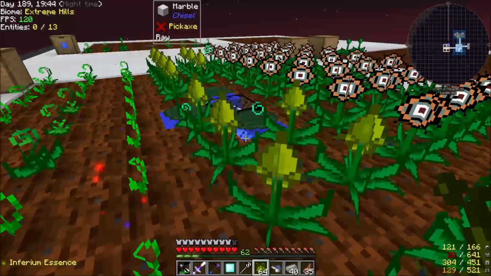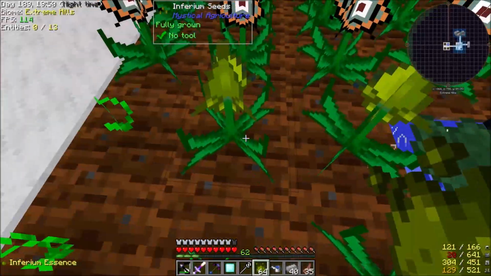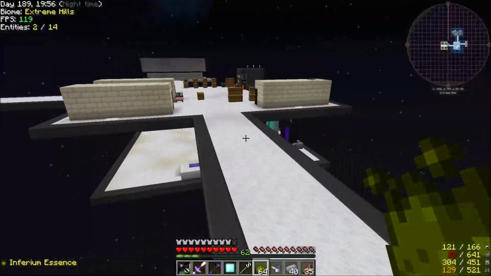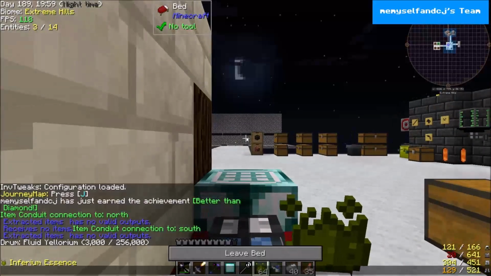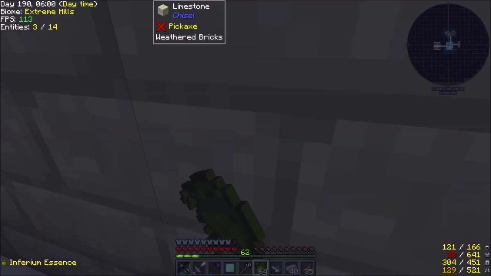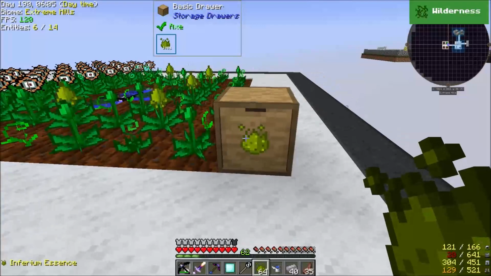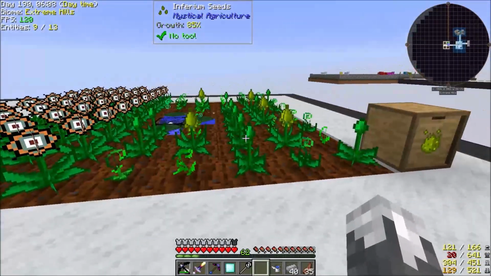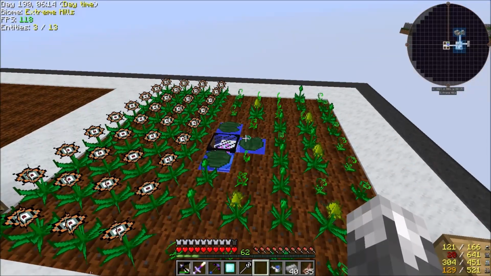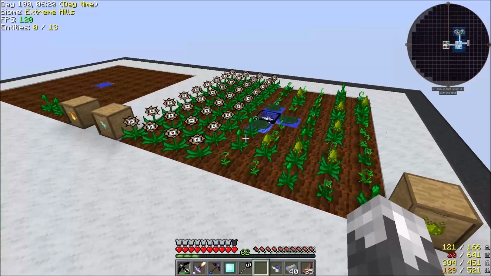Of course, it's nighttime, and for some reason I've realized that during night it slows the speed of these crops down. I don't know why that is. I noticed it in Sky Factory. So as you can see, they're growing back up pretty quick, and we'll probably just use nothing but tier 1s underneath these until we can get into